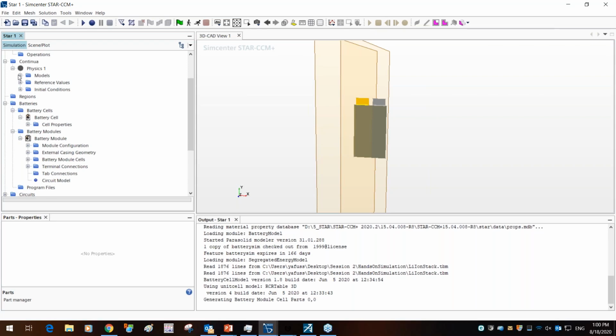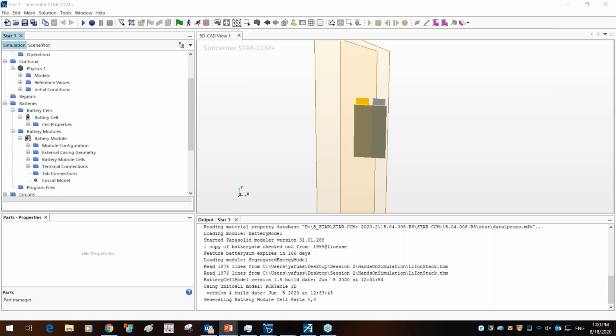You don't have to worry about setting up the properties within the physics module. Everything with regards to battery simulation and all its properties has been imported from the TBM file in this section. So essentially, we've completed the geometry creation of this component. Now we're going to move into the next portion, and that is where we define the region.